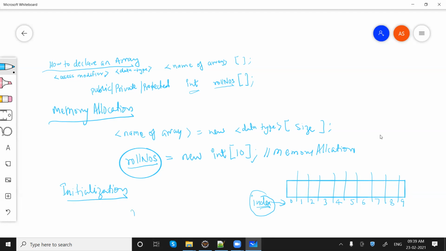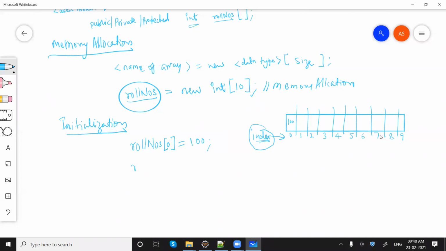I can write it like this: rollNumbers of index 0, keep 100, so it will store 100 here. And for example, I want to add 101 at index 1, so I can write it like this.